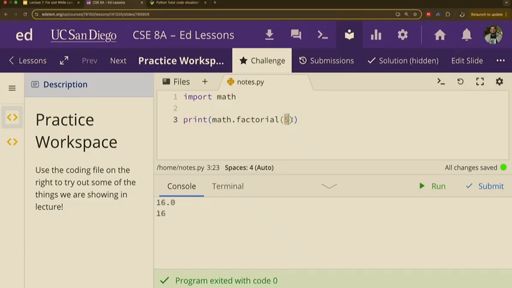So 5 factorial is 5 times 4 times 3 times 2 times 1. 3 factorial is 3 times 2 times 1. 100 factorial is 100 times 99 times 98 times 97 times 96, up until you get to 1, right? So we run that. Factorial of 5 is 120.